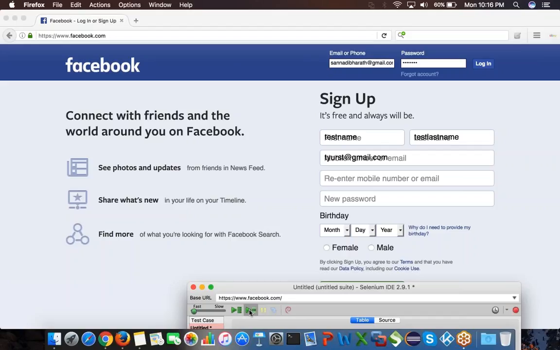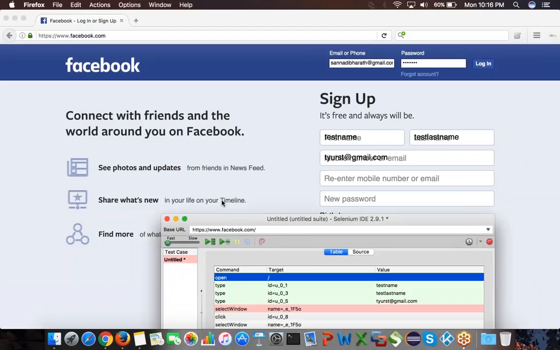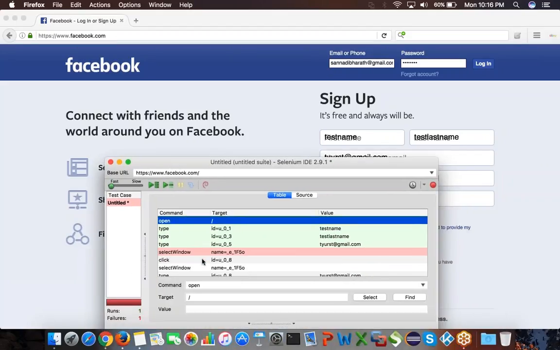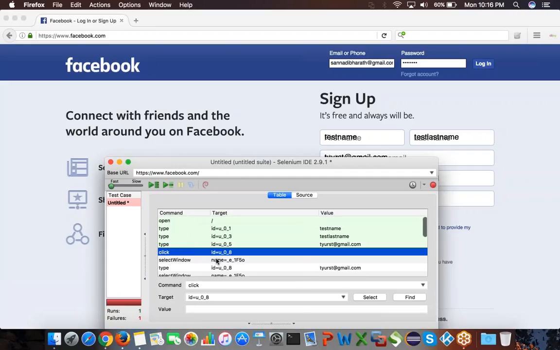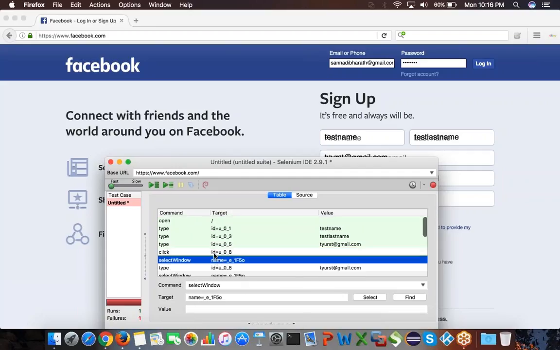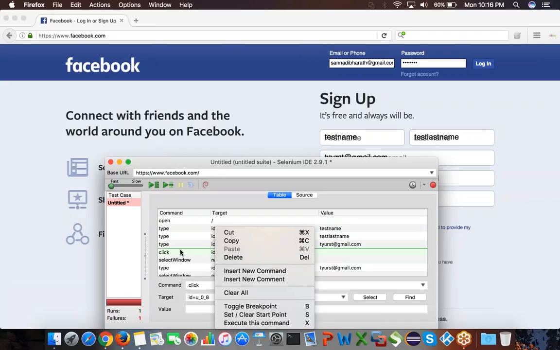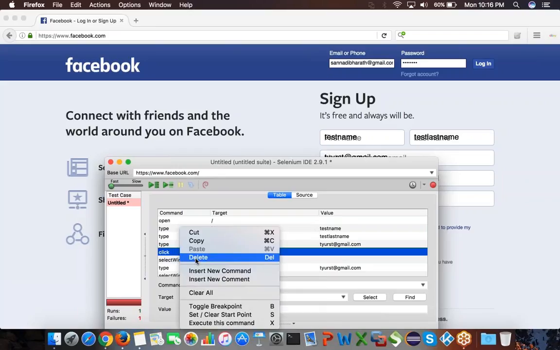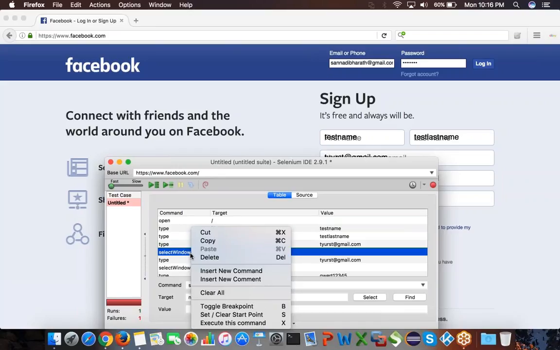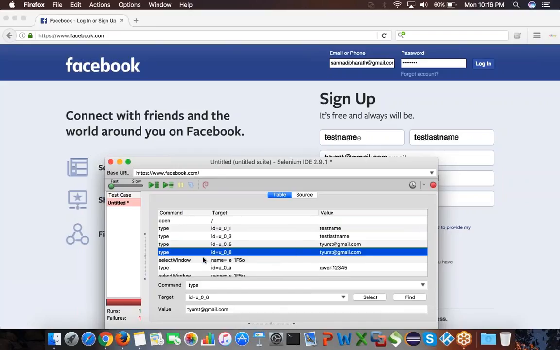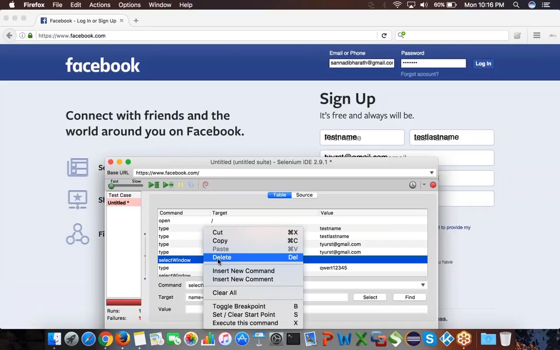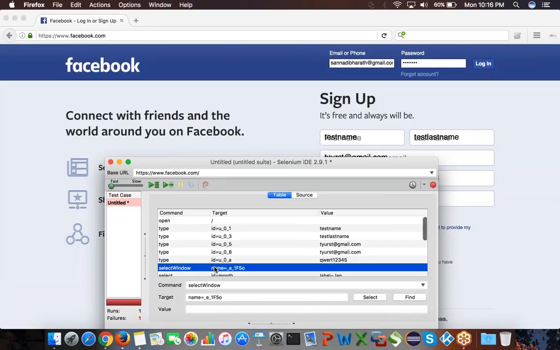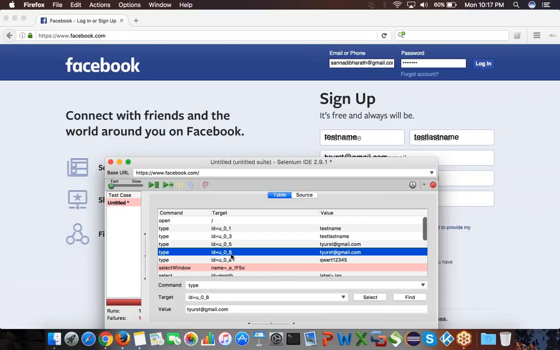So it opened the Facebook and then it started typing. So there is something wrong. So it failed somewhere. Select window. There is a select window. Delete. I don't think those are needed, some unnecessary steps have got added. So just delete, because how do you know these are unnecessary steps? You will understand that when you just do the practice. So somehow there are some unnecessary steps called select window or something that got added. So I'm just deleting those steps.